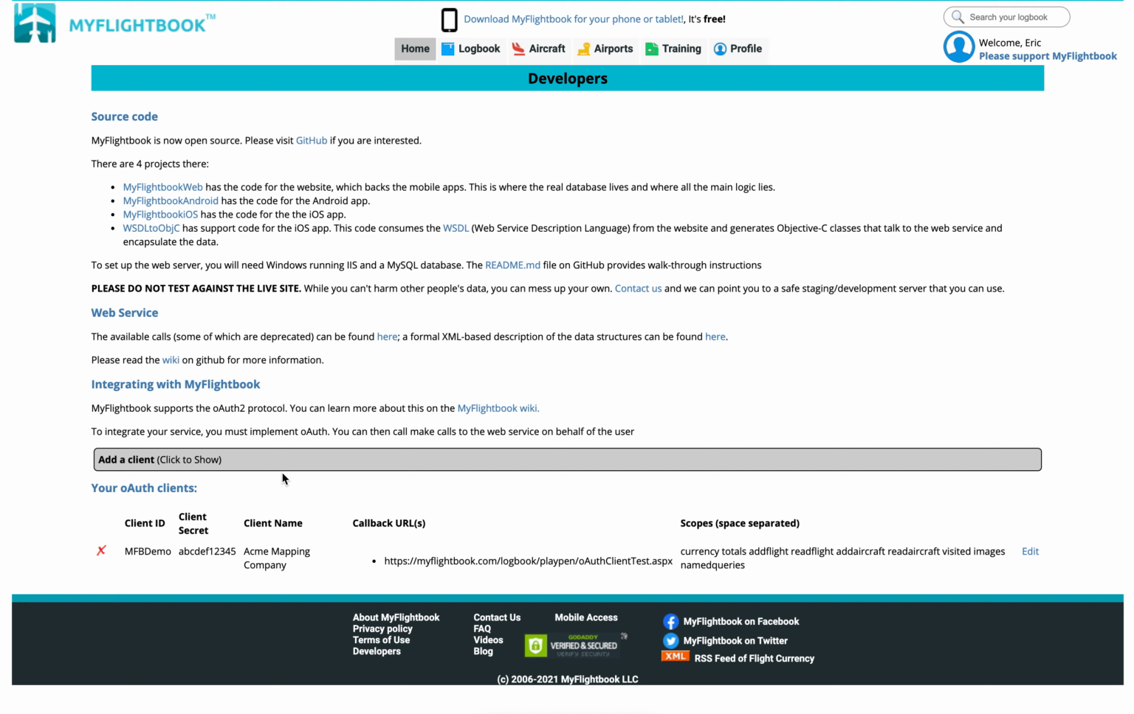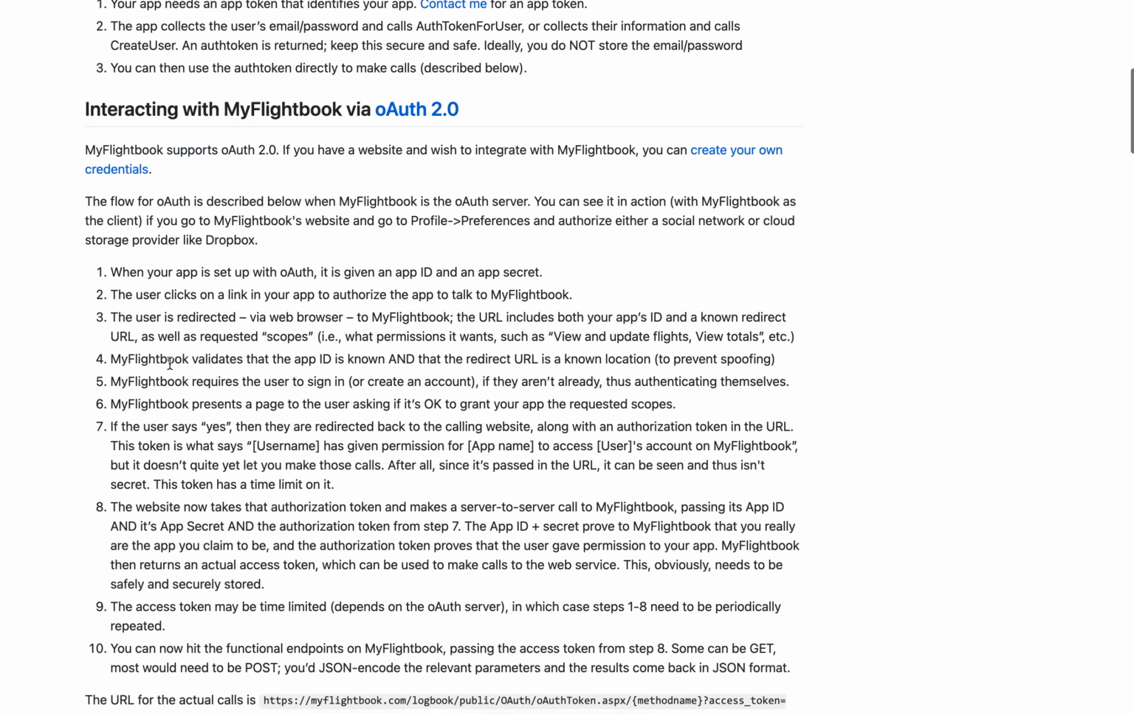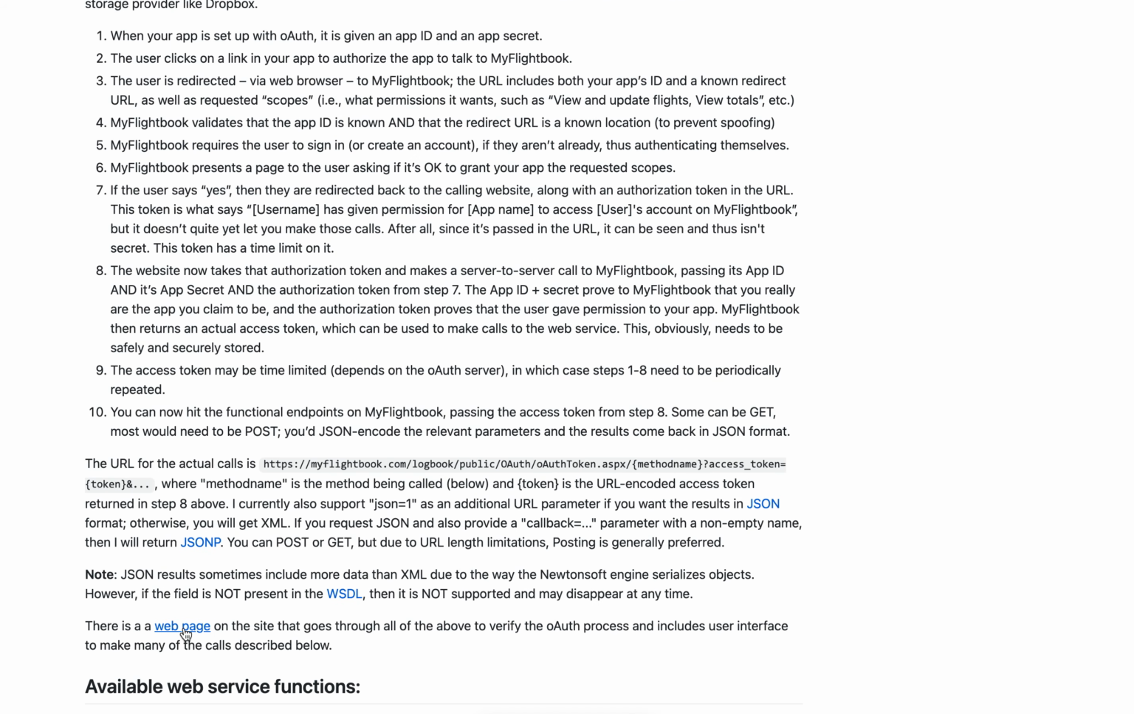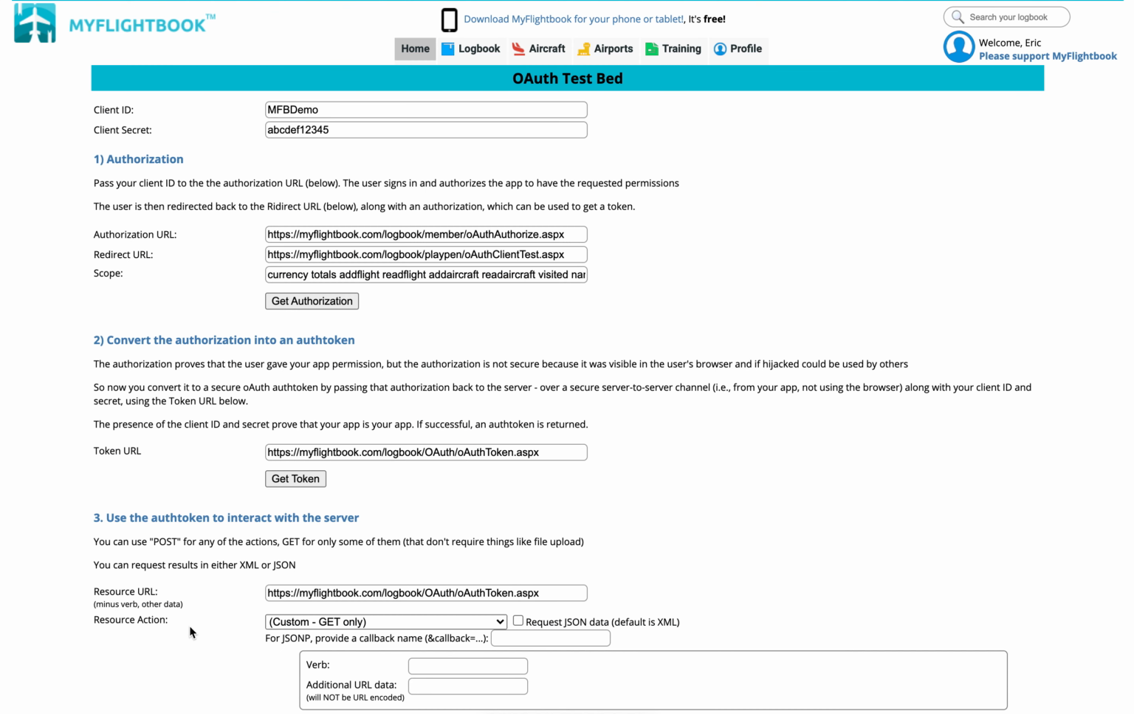Let me just quickly walk through the flow of how it works and make a call, and then I'll walk through some actual calls. If you click on the link for the wiki on GitHub, you'll go to this page here, and if you scroll down a little ways, you'll see that there's a web page on the site that goes through all the above. That's the website. It's in the Playpen. And so if I click on this,